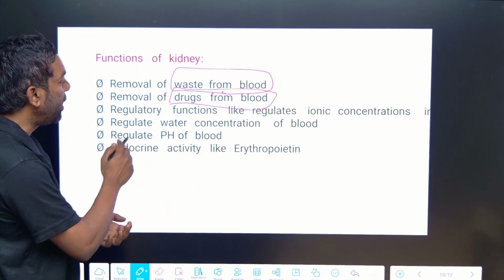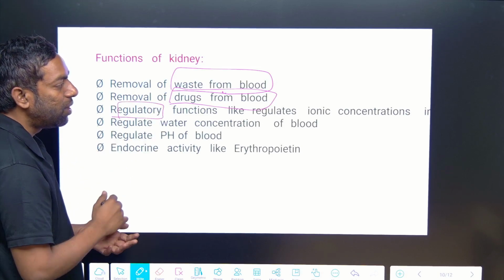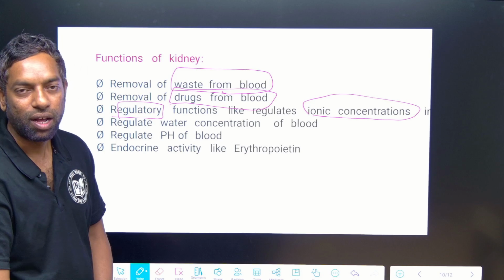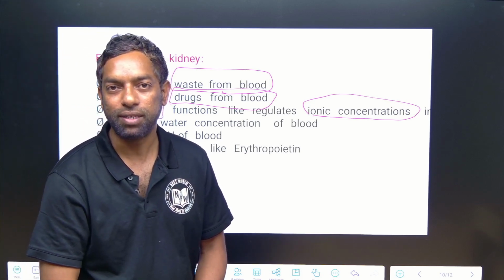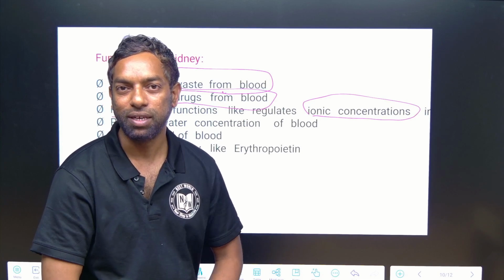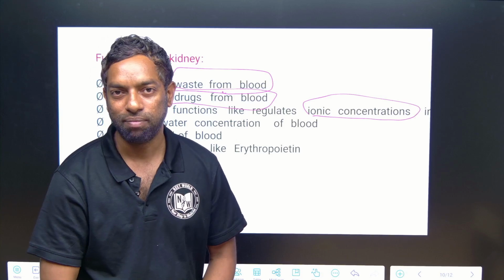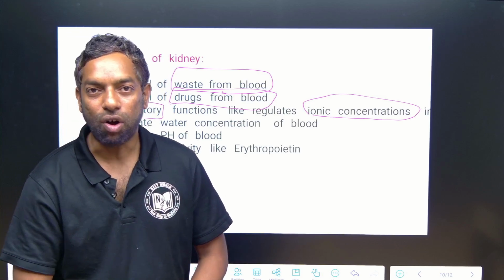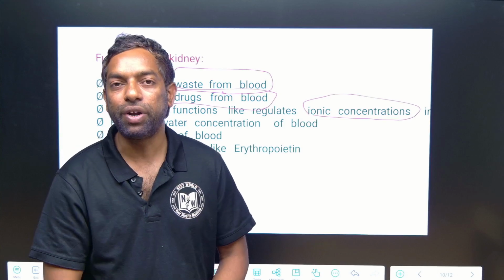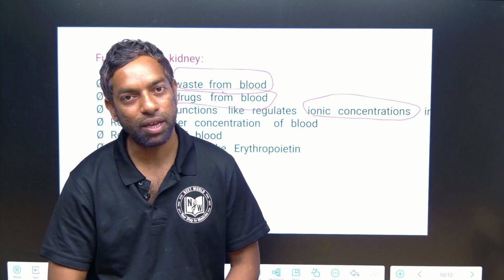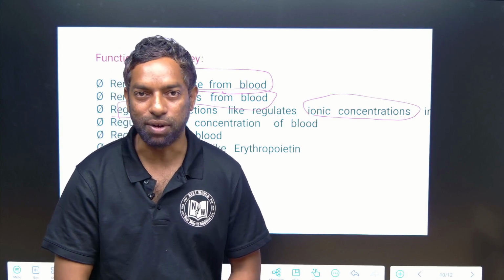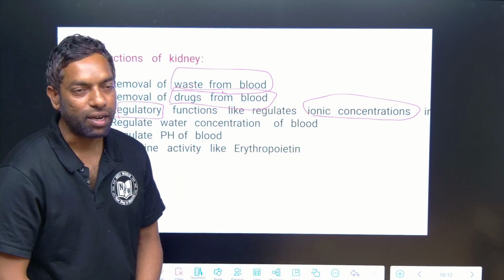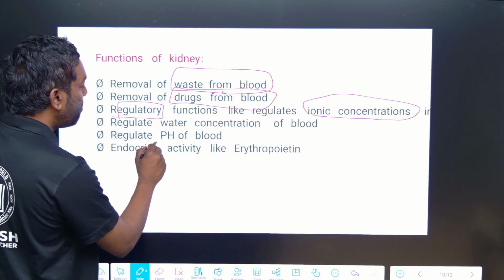Okay? Yeah. Regulatory functions. Regulatory functions are what? The regulation of the ionic concentration in the blood. Ions are what? Na plus, Cl minus, NaCl, and potassium K plus, calcium, this kind of ions. If the ions are imbalanced, or if the species or humans do not get much water, the kidney itself retains water or NaCl from the urine, and reabsorption takes place under hormonal control. That is about maintaining the ionic concentration,